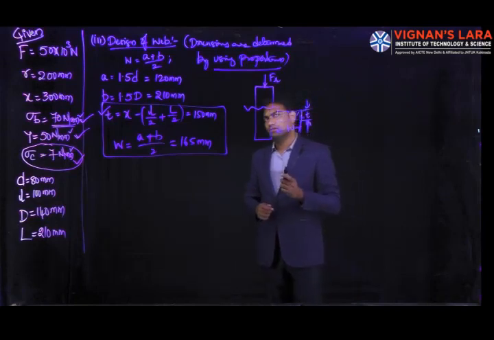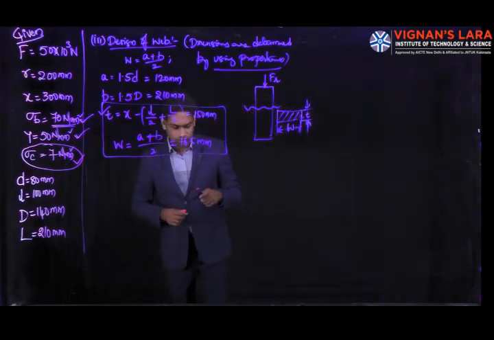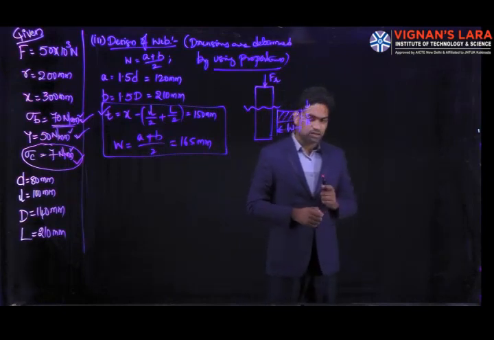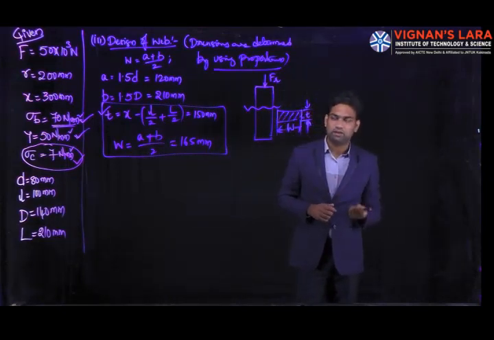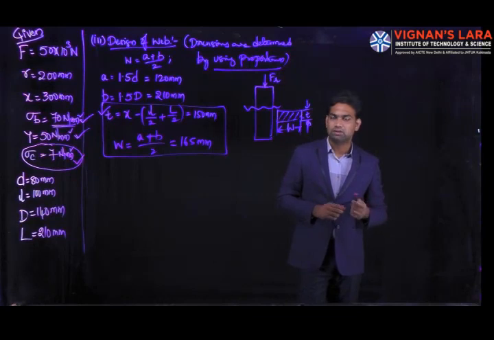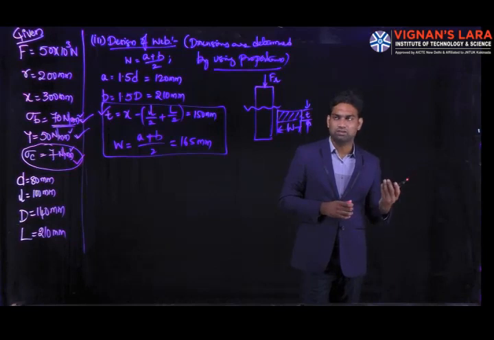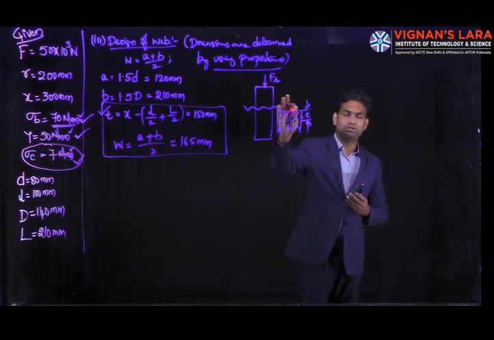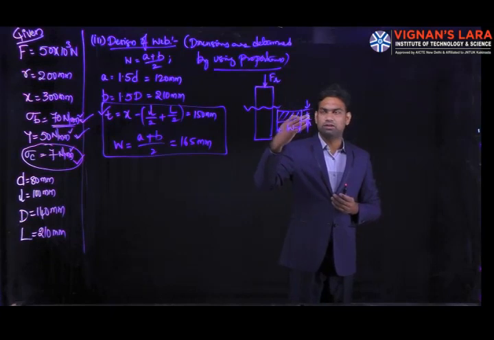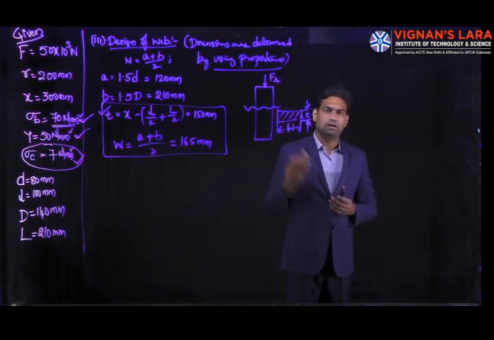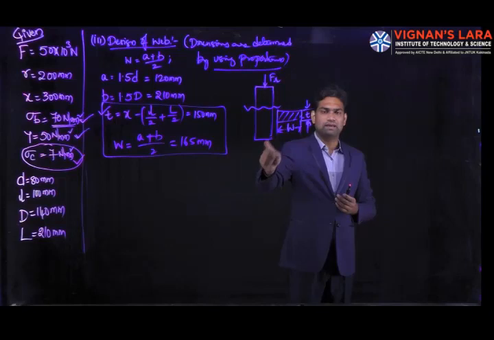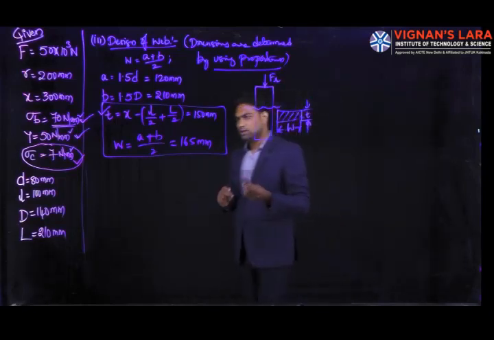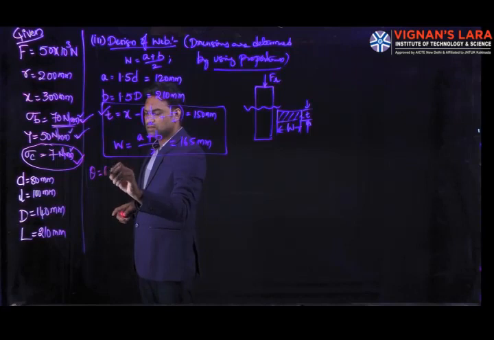But here, if you go with the case we considered earlier for the main journal, that is the included angle, the second case we consider is an included angle of 90 degrees, so the radial component is going to be 0. So the tangential component causes both the bending and torsion. But if you consider the same case here, the web is subjected to the maximum stresses only due to the radial force. If you nullify this radial component, then only the stress induced due to tangential is there. So the case we consider here is the maximum loading condition, theta equal to 0.